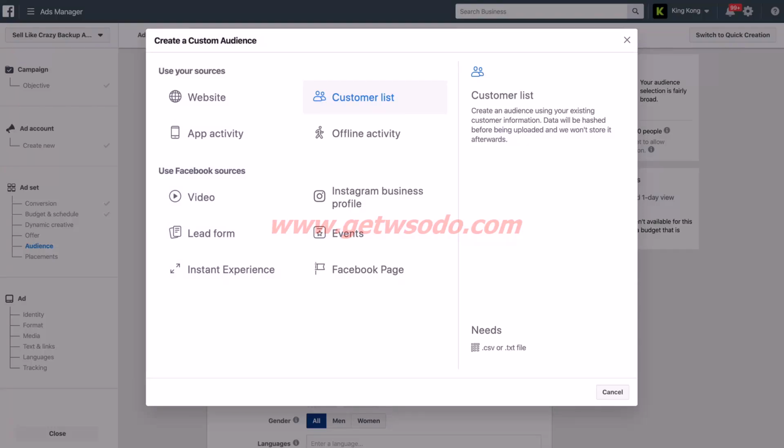Like, this is going to be a waste. We want to remarket to those people and get them to book in a call. Now, if you have a large database, like 1,000 people as a bare minimum is recommended, you can upload this list to Facebook, and Facebook will try and match those email addresses to a Facebook profile and add them to